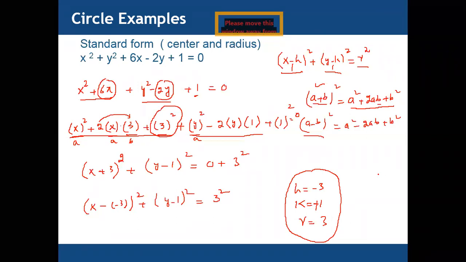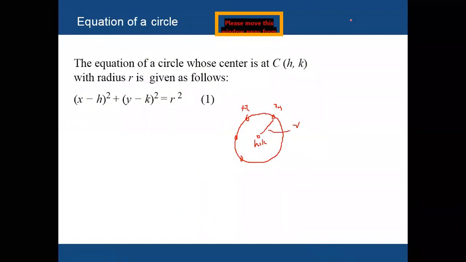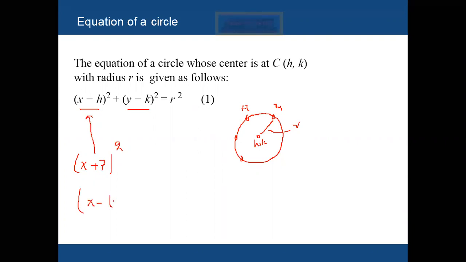The signs don't actually change; we just wrote this in standard form. Our standard form is minus x square, x minus h whole square, y minus k square. Let's suppose we have x plus 7 whole square. We need to write it in the form x minus minus 7 whole square, because if you multiply minus with minus, this is x plus 7. It's just in the form of the standard equation or standard form.